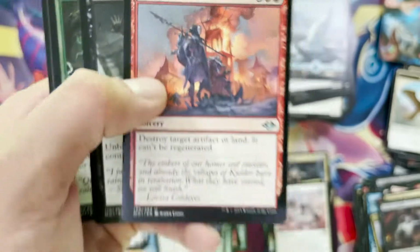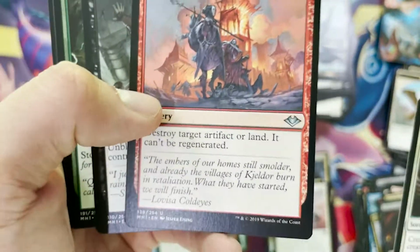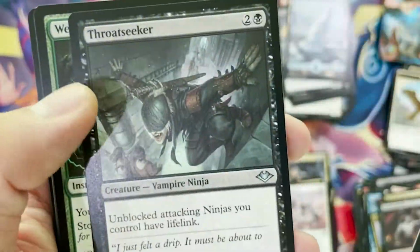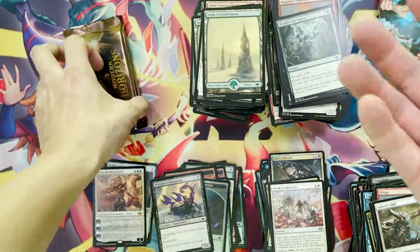Okay, Pillage. Wait, isn't Pillage from Fallen Empires? Wasn't it by Richard King Ferguson? Never mind. So, if you are looking to park your money, no, really, Magic is really...